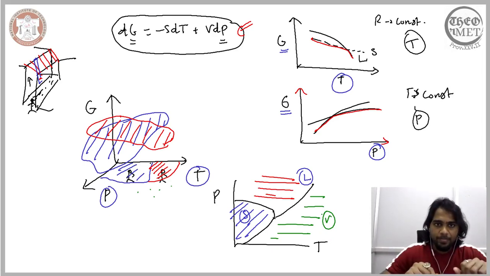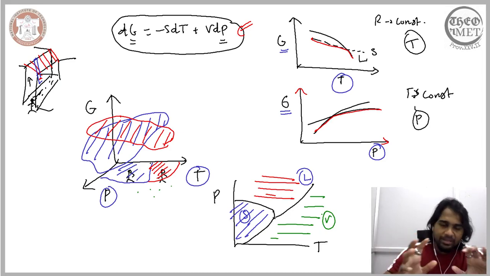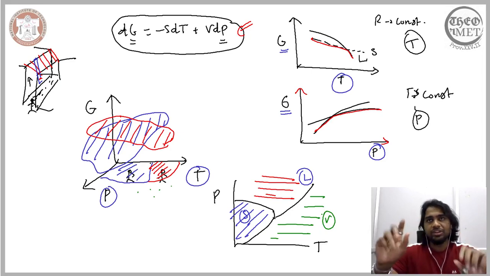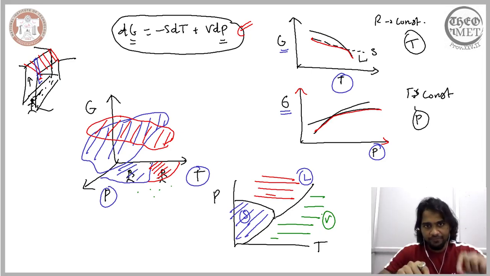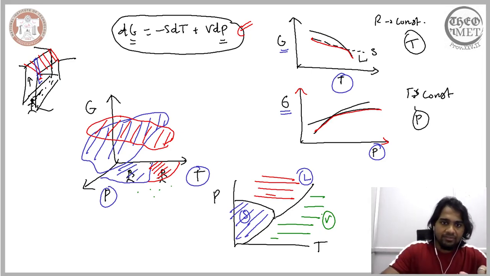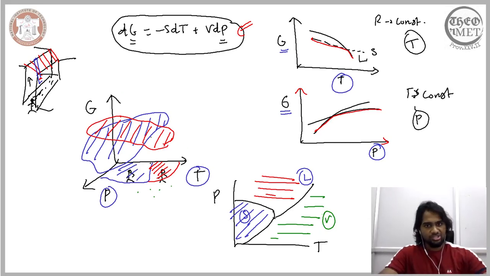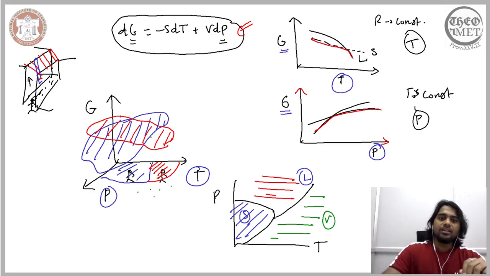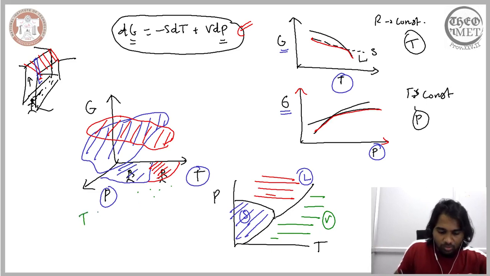From the expression of how the Gibbs free energy changes with respect to temperature and pressure, by considering how each individual variable affects the Gibbs free energy, we were able to arrive at a three-dimensional representation of how Gibbs free energy changes with respect to both temperature and pressure. And from that, we were able to represent. So when we moved from this representation, that is representation 1, the three-dimensional representation, to this one here.